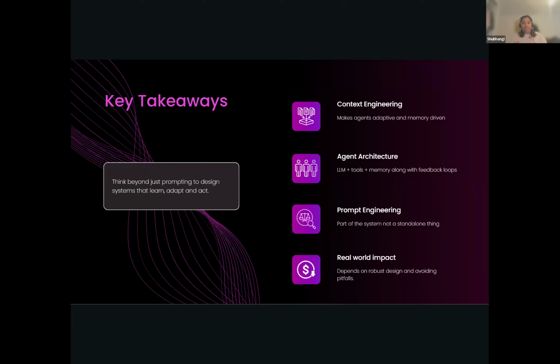because if you want the LLMs to keep training and improving themselves, then you have to keep on providing them feedback loops as well. The third is prompt engineering is not all, it's a part of the system, it's not the whole thing. You still have to work a lot more on the background of these agents to make sure they effectively work